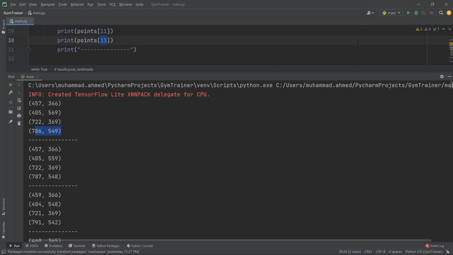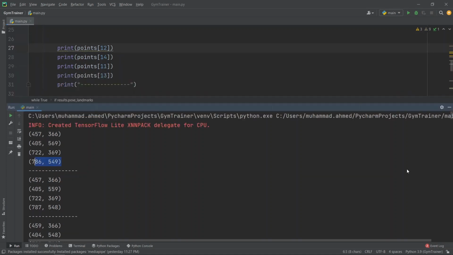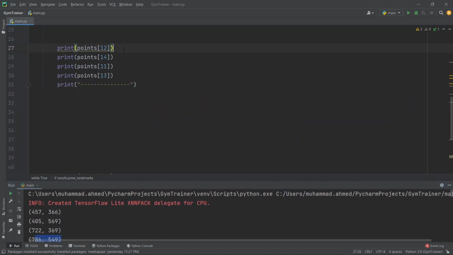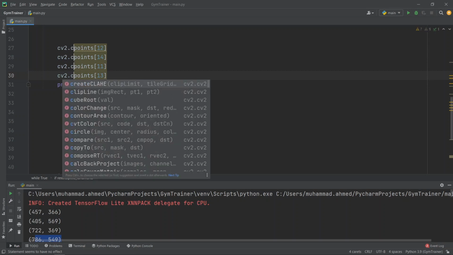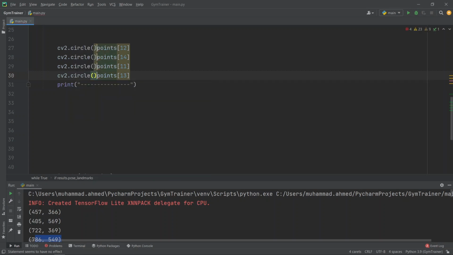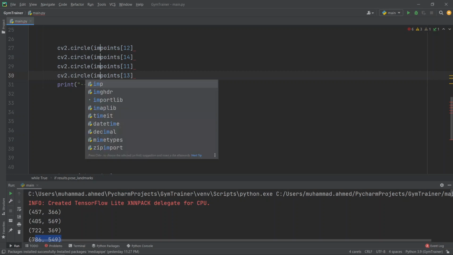Now just to make sure that we are getting the proper coordinates, we will try to draw a circle on all these points. And by the way, you can do multi-selections in PyCharm by pressing Alt and just clicking. So we will go for writing cv2.circle, and for the circle we want to consider the image.